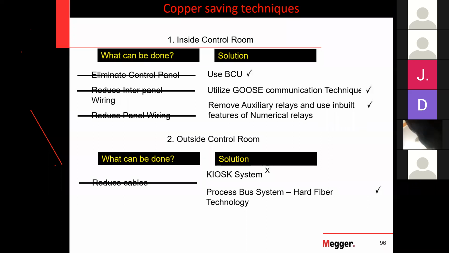If one relay can record 1000 event files, the SCADA will have that into the number of relays. So if there are 10 relays, you will have 10 into 1000, 10,000 events. So for a SCADA engineer, analyzing the 10,000 events, identifying which is required, which is not required, eliminating them, then using that information, analyzing it and coming to a conclusion. This is the challenge for a SCADA engineer.